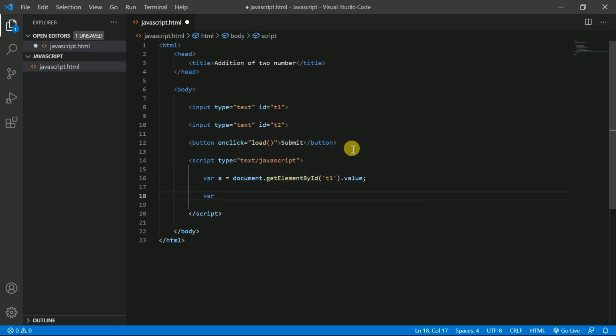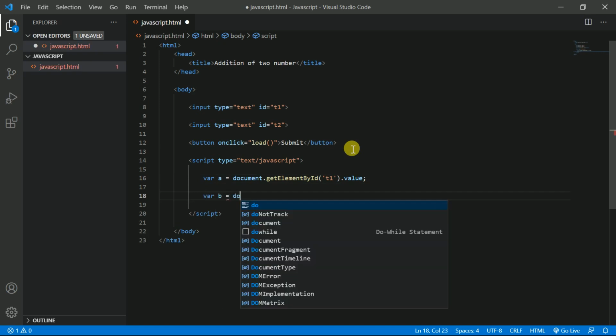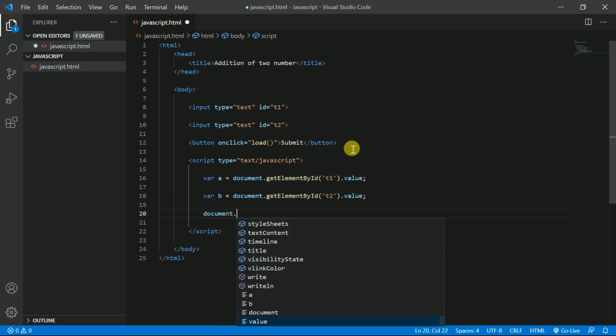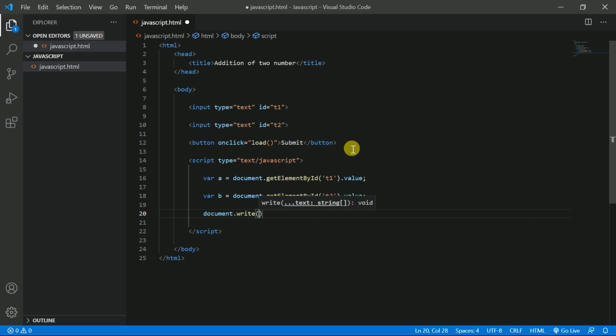After that b is equal to document dot getElementById T2 dot value. Then we display here document dot write A plus B, and we go to the browser.